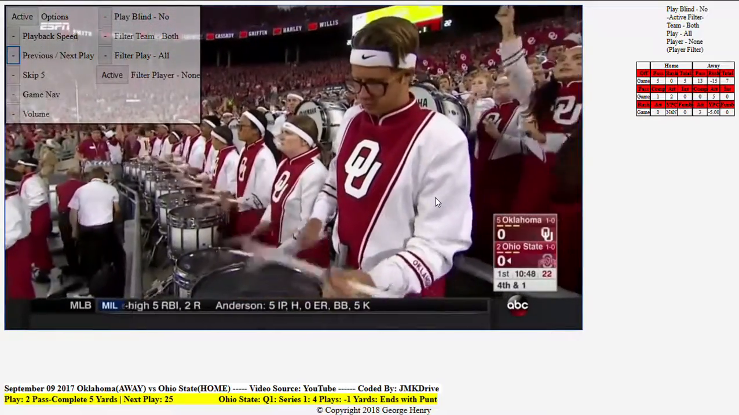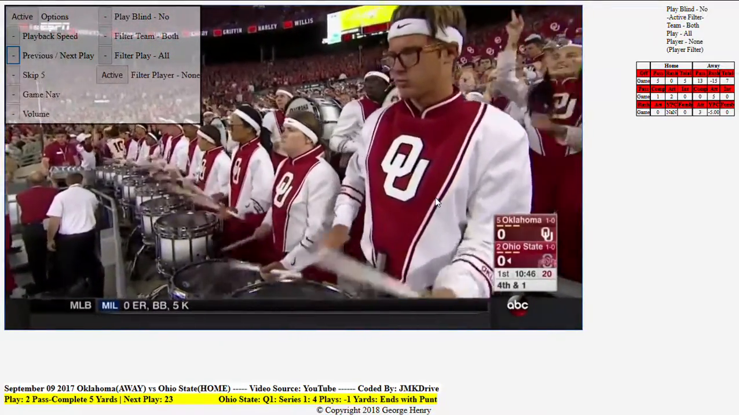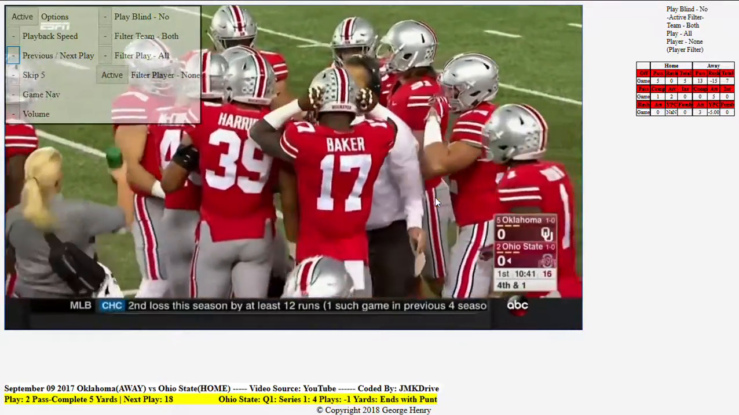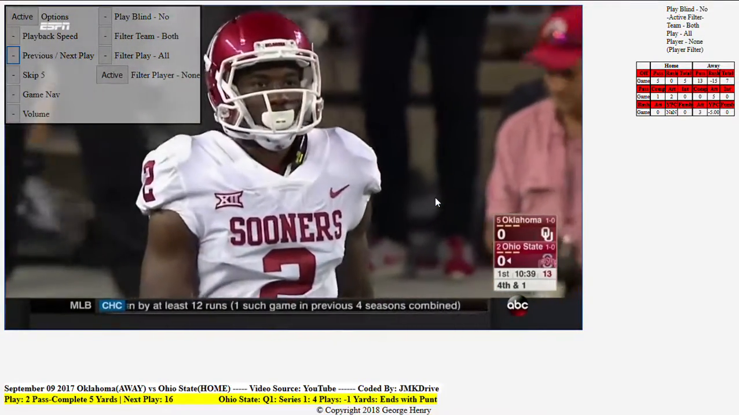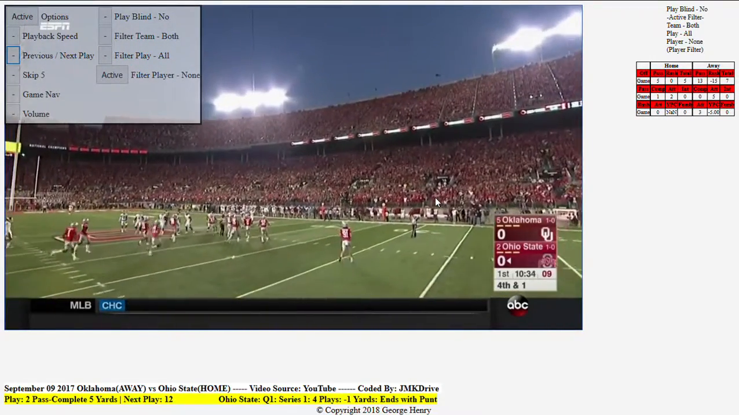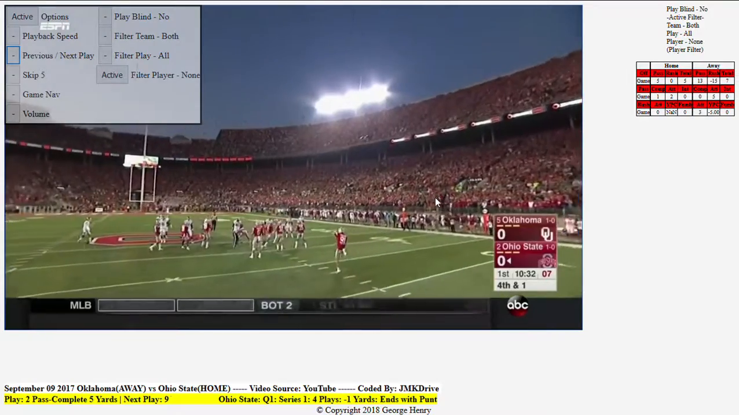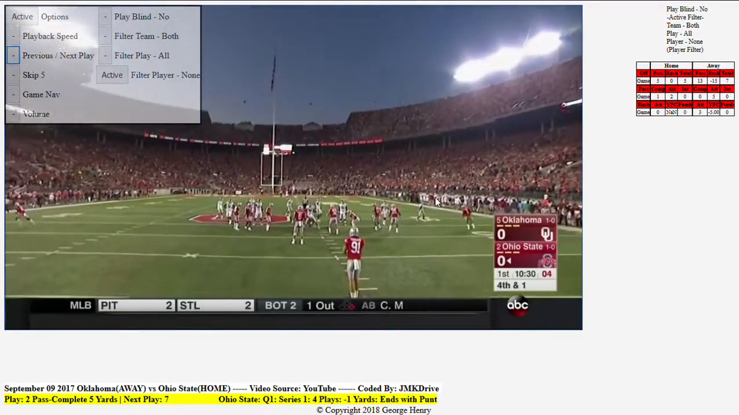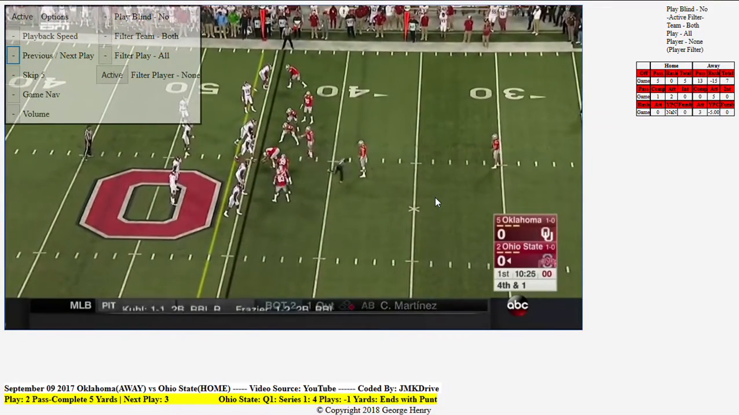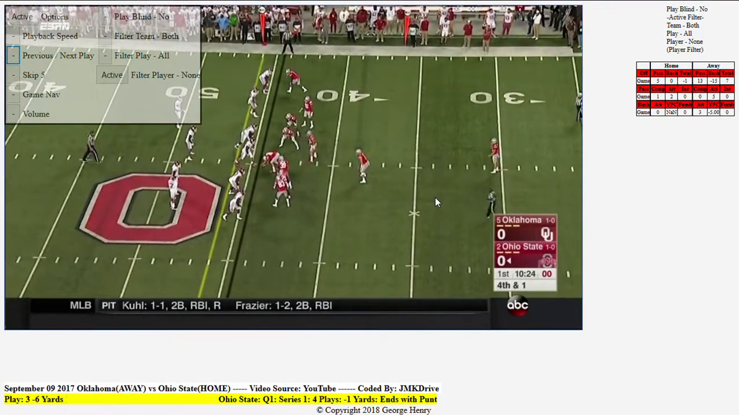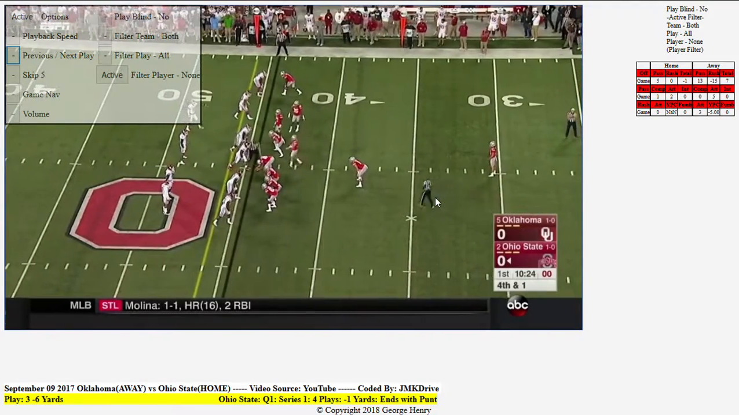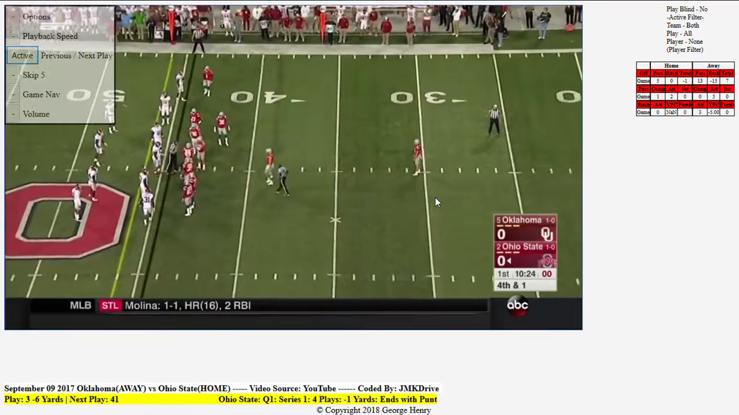So the quarterback obviously gets lots of screen time, so to speak, especially for Ohio State, because the quarterback runs the ball so much. But it's kind of a nice way to watch how a particular player has done through the course of the game. Okay, so if we go back,